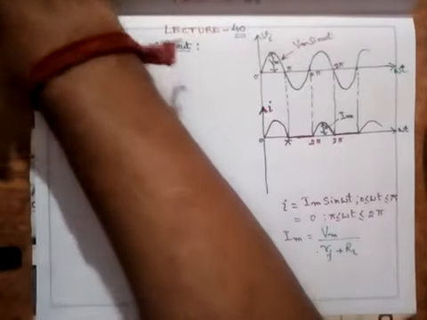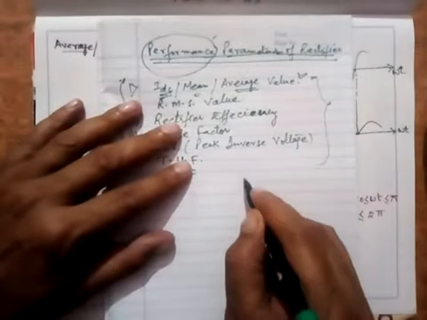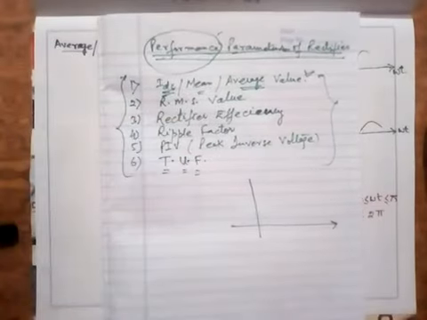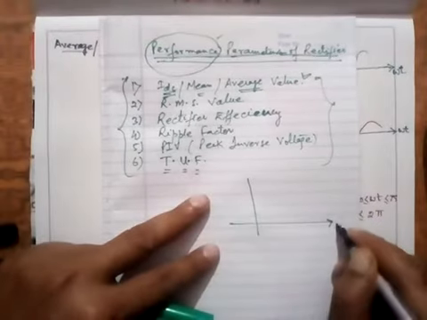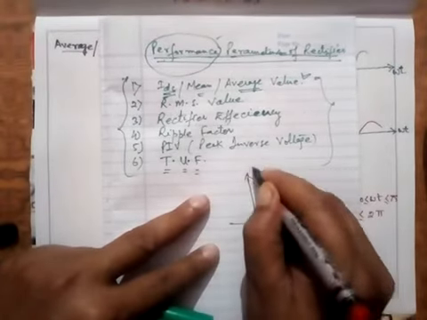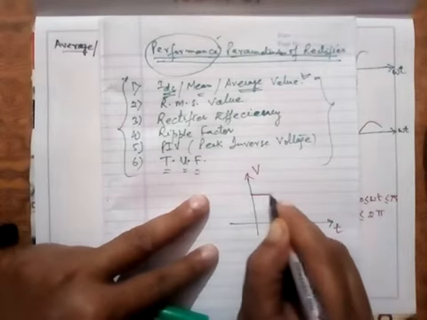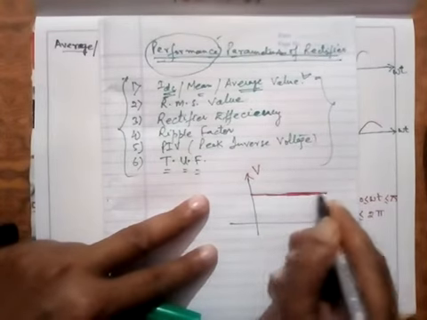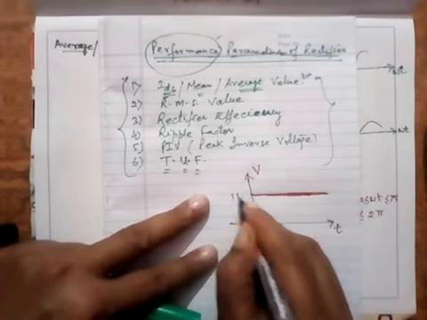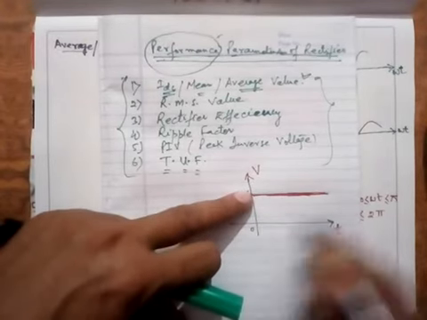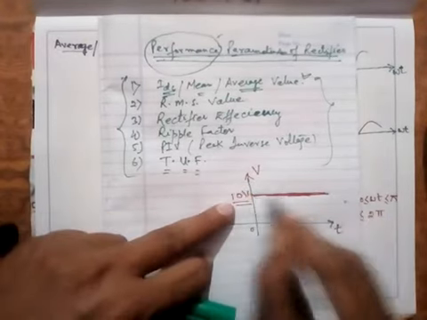Now again try to understand this. See, suppose pure DC, as I told you, is of this nature. Say this is time, or omega t, and this is your voltage V. Pure DC is of this nature. That is, suppose I need a 10 volt DC straight line. This means it is a constant 10 volt for t from 0 to infinity. It is providing you a constant 10 volt.